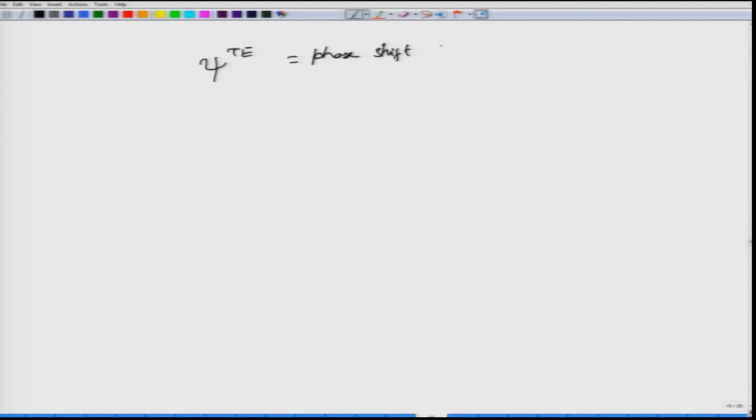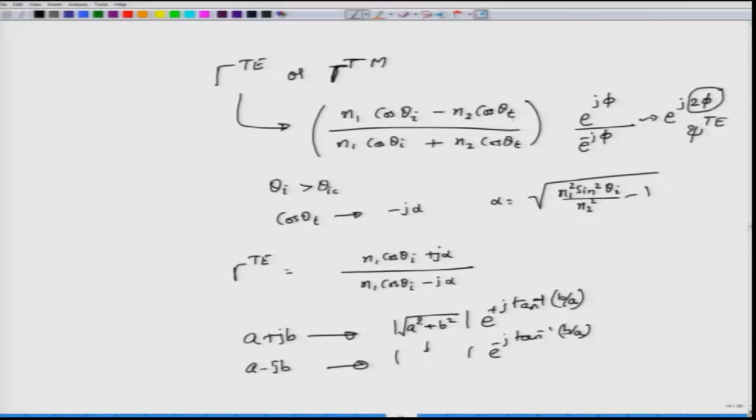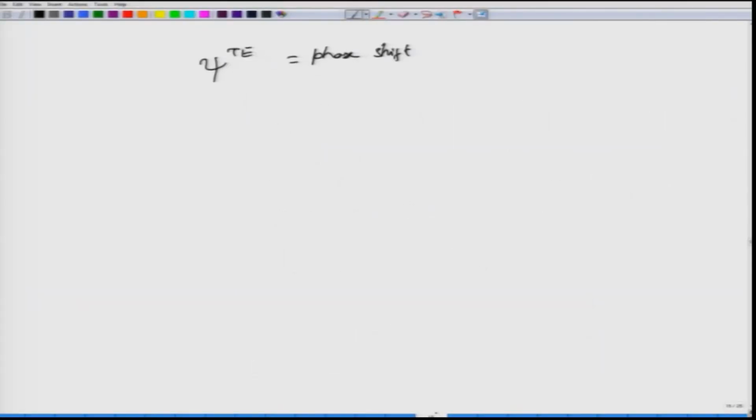So, when total internal reflection happens, it not only reflects all of the light back into the first medium, okay, there is an evanescent wave in the other medium of course, but the reflected light would undergo a certain phase shift, which of course is dependent on the value of theta I and the value of alpha. So, this expression for phase shift upon total internal reflection is different from phase shift upon reflection of a typical TE or TM case.